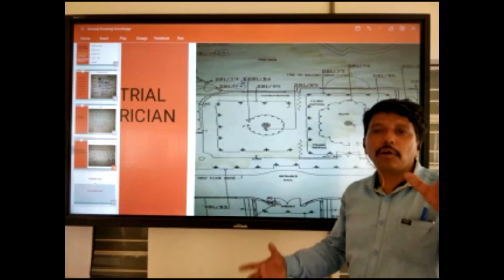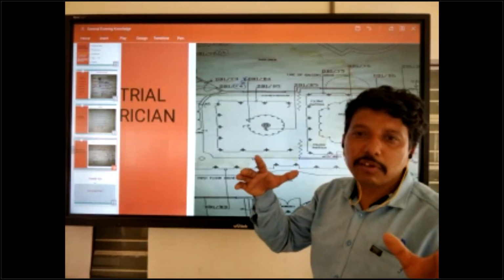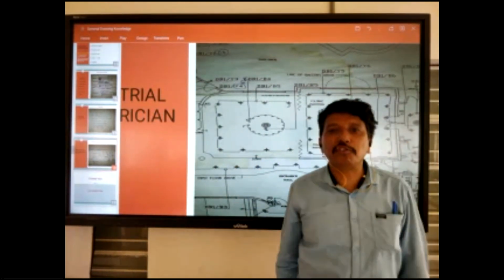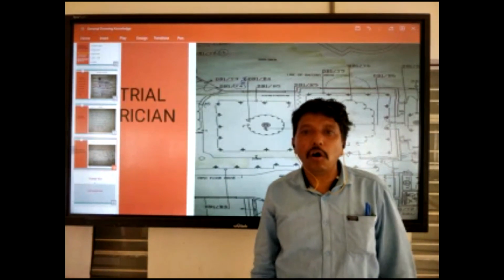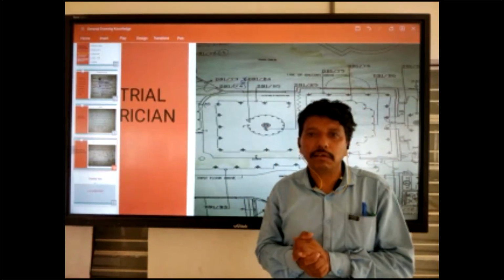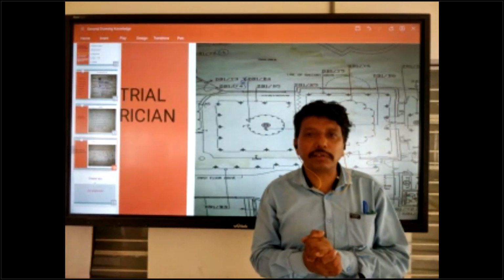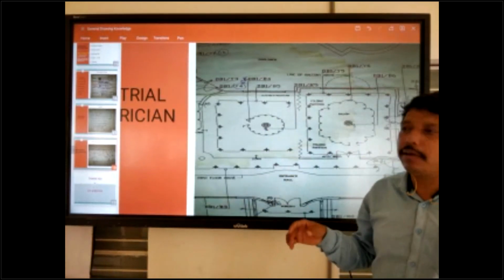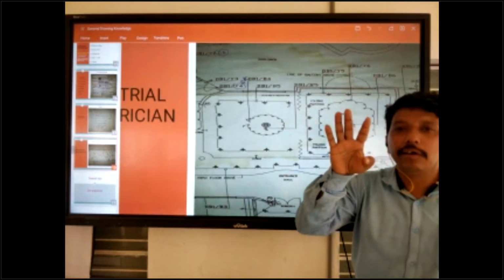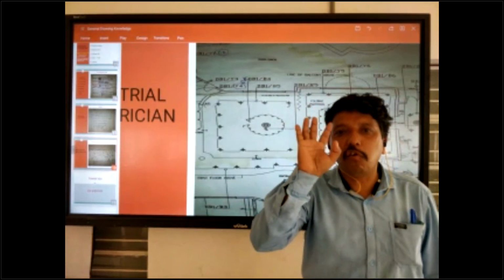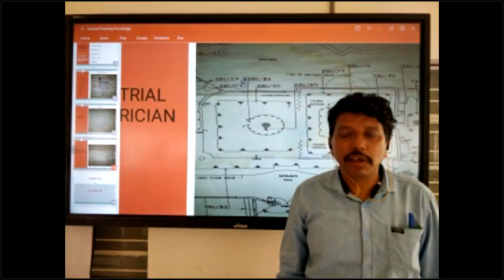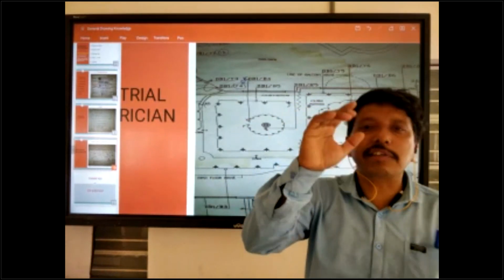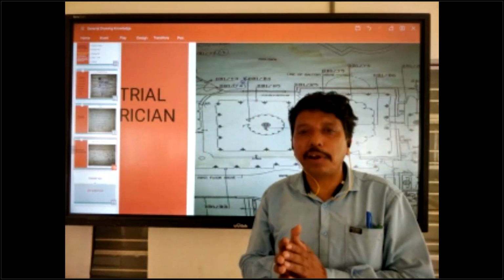And in this chapter on drawing knowledge, we can be clear about drawing skill. The most important is drawing skill. How to read the drawing? What is the meaning of drawing skill? How to maintain this? In drawing knowledge, there are 4 important things. First, as per your drawing title, your work is the same, not different.